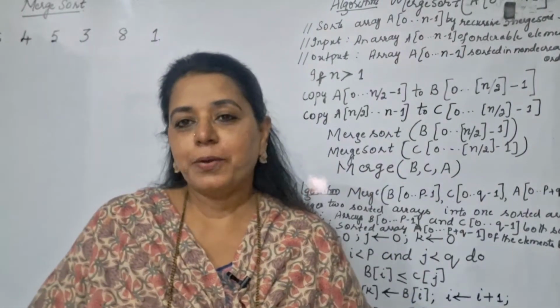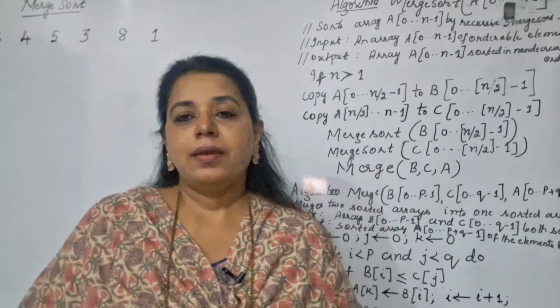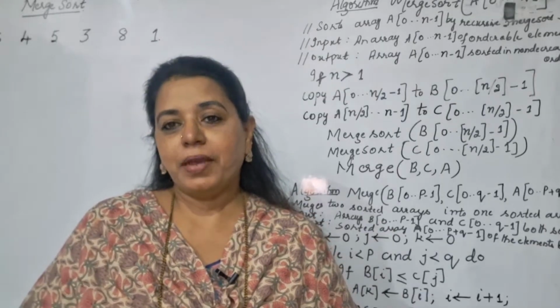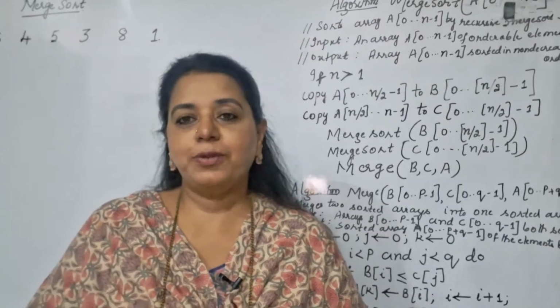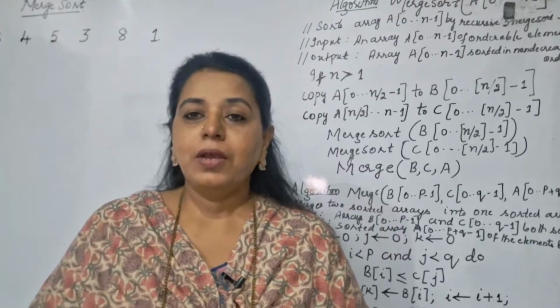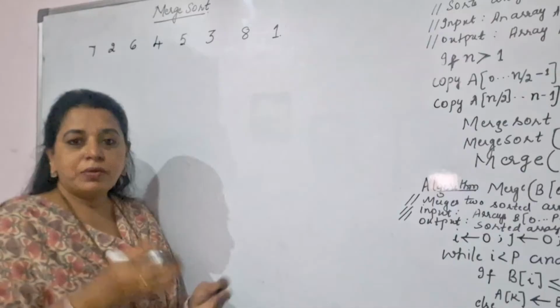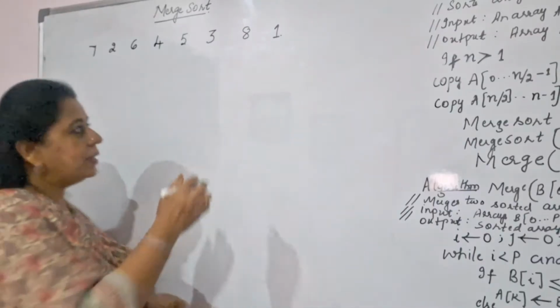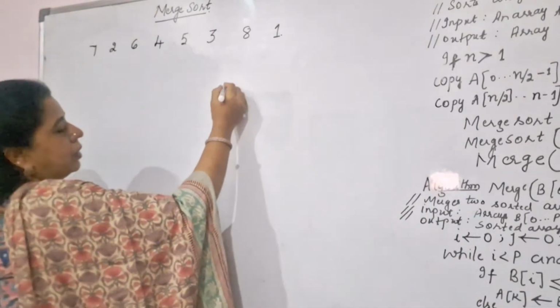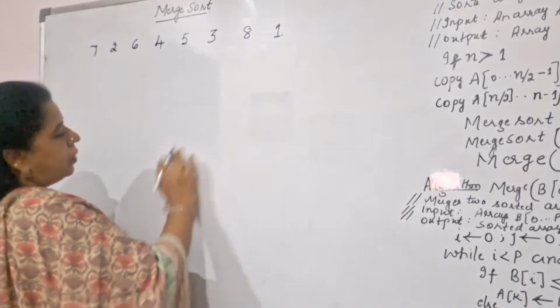Before explaining the pseudocode, I shall first tell you the approach which is used here in order to carry out the sorting. The approach that is used here is the divide and conquer approach. So what is the divide and conquer approach? Whatever your problem is, you divide that into sub problems. So basically this divide and conquer approach makes use of this particular logic.